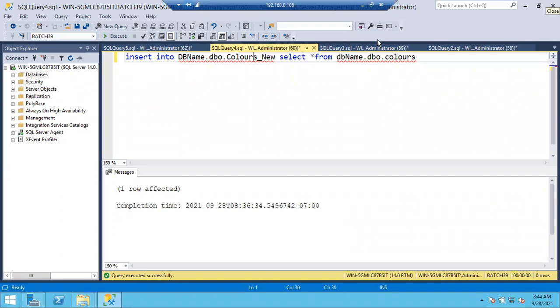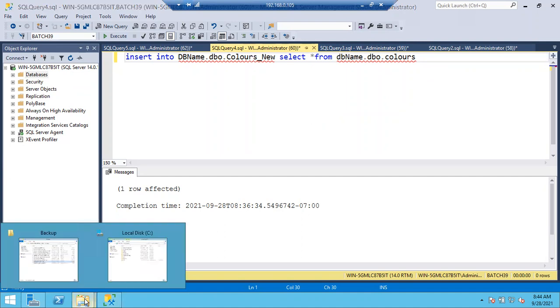Sir, yes, tell me. Sir, you restored today in the same instance. How do we restore in a different instance? Same process. The difference is you simply have to copy the file names. This is 105, right? In the 106 server, I'll show you while doing log shipping and all, no problem.